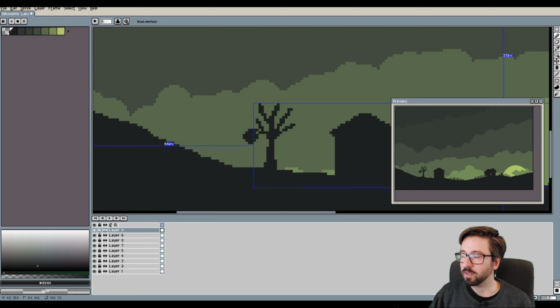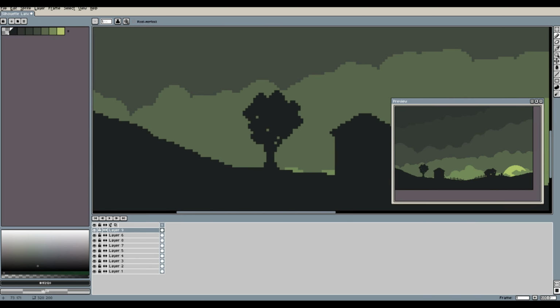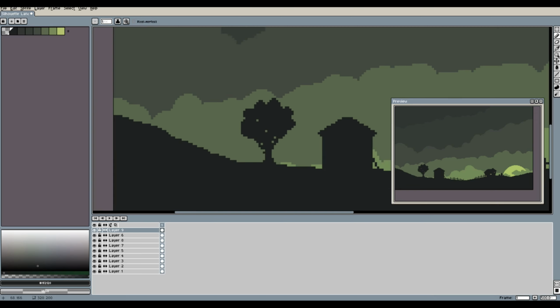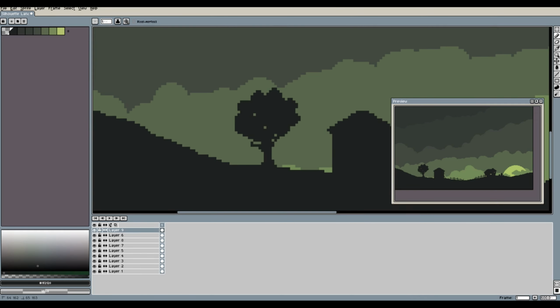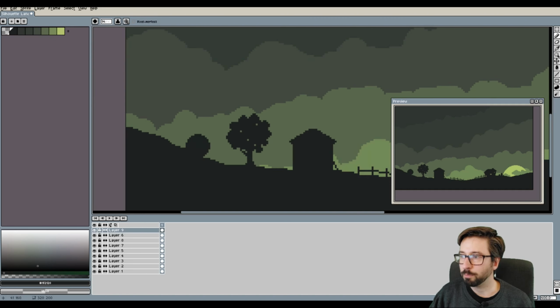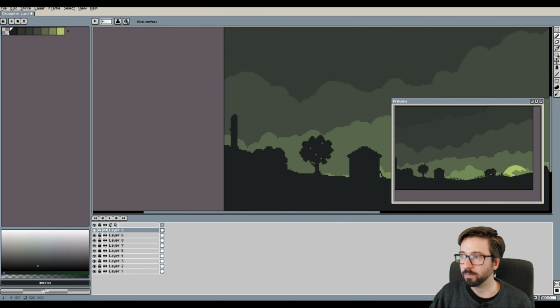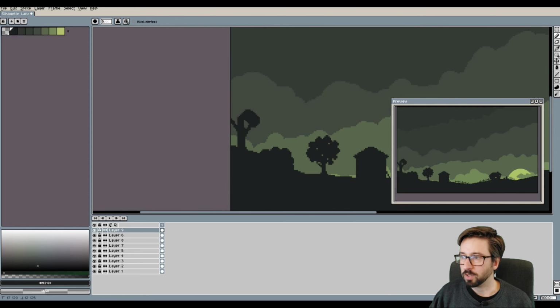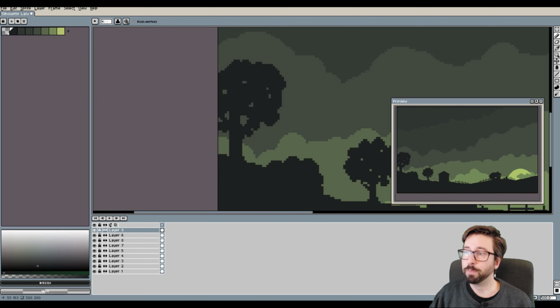So I thought this landscape needs some trees, so I was putting down a tree. And also some bushes. I started making another tree in the corner, which I ended up not being too happy with, so I was going a bit back and forth, as you can see, with getting the shape down.